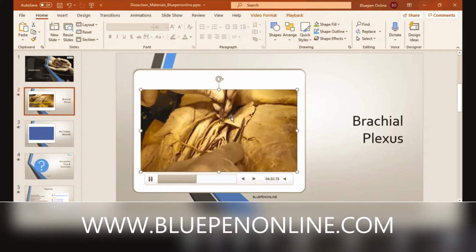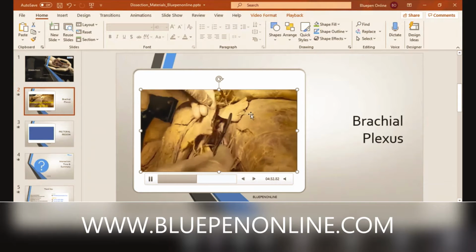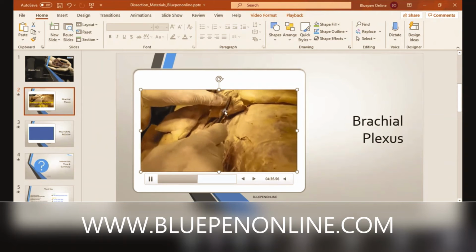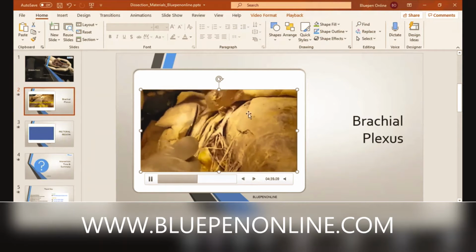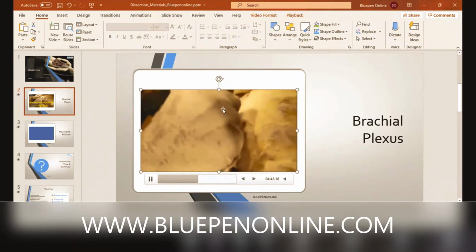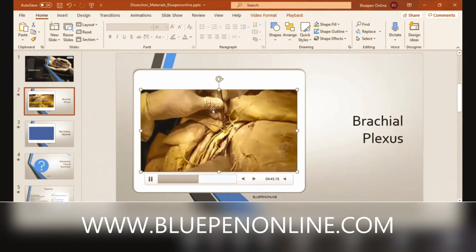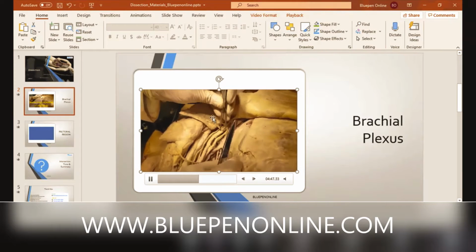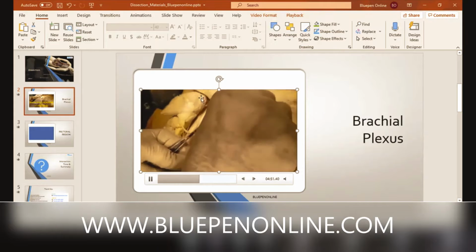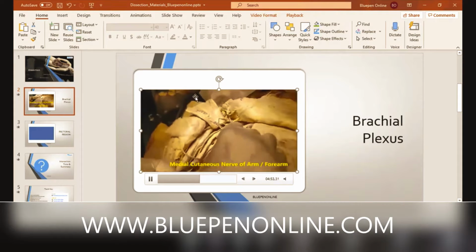After piercing, it will supply the pectoralis major muscle. So see, this is the pectoralis minor. Back of that, this medial pectoral nerve is there, which is going to supply the pectoralis minor, and then pierces and supplies the